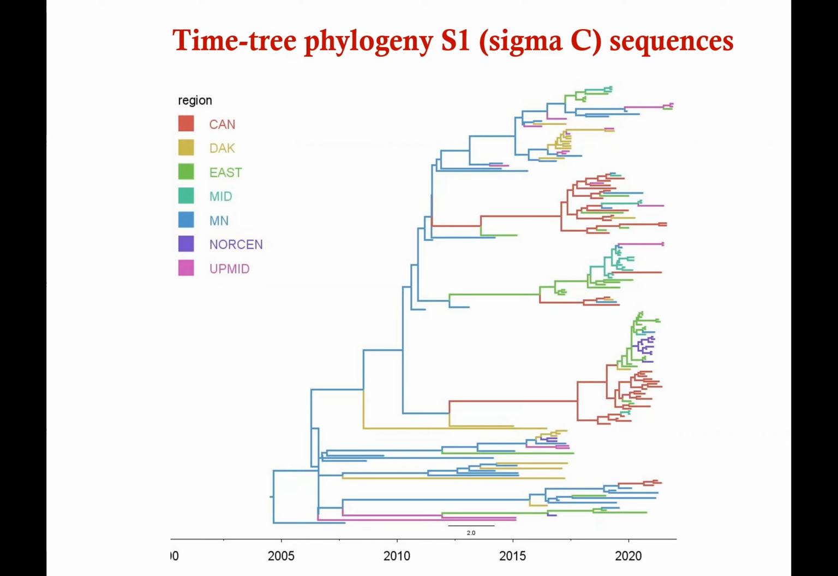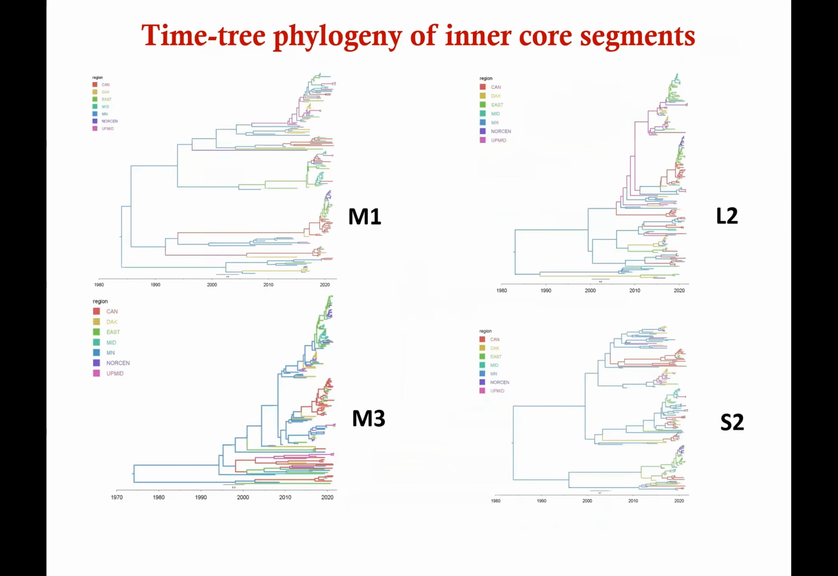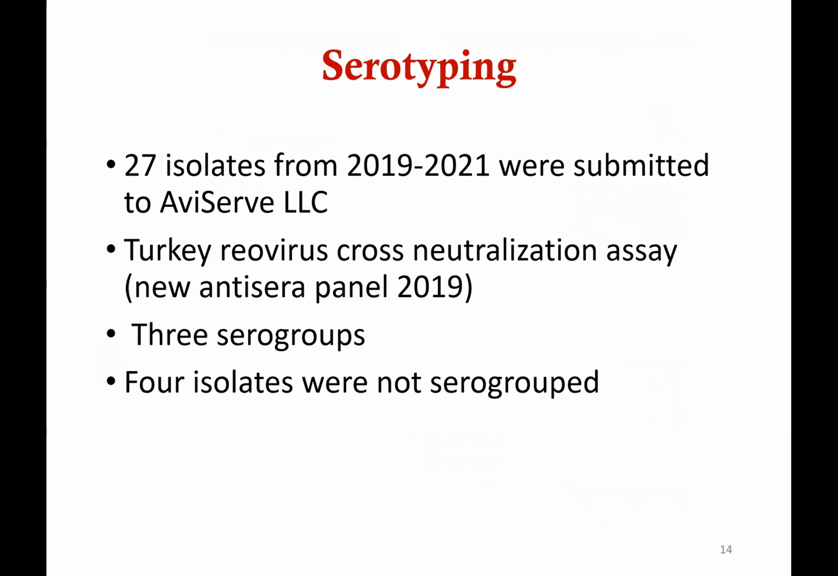So we hypothesized that there may be some unique changes in the S1 segment or sigma C protein of turkey enteric type reoviruses that changed its pathogenicity to cause arthritis type or later on hepatitis type reoviruses. For the rest of the segments, the pattern was similar to the S3 segment. So our conclusion here is,